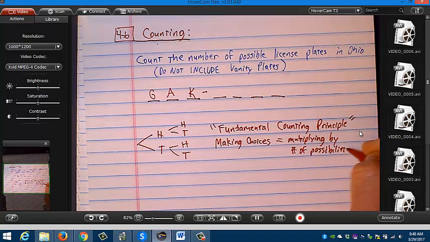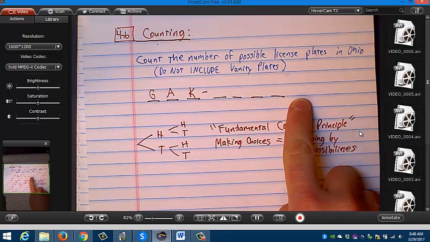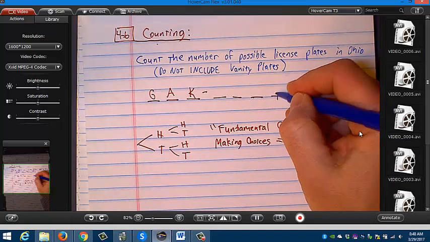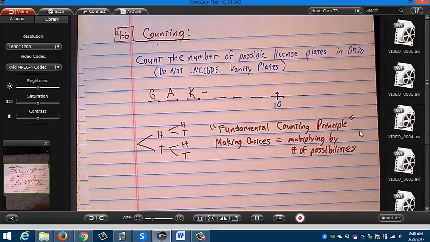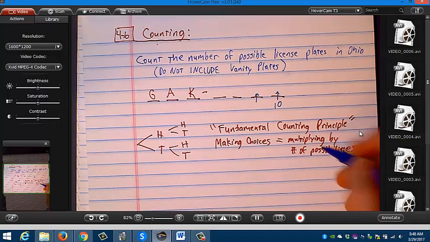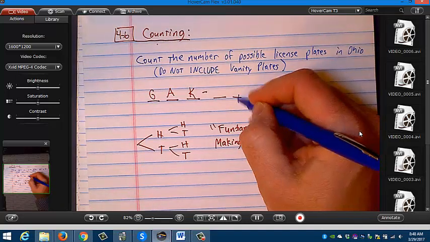As I pick which digits go here, I'm making choices. How many choices are there for the last digit of a license plate? There's 10 different choices, right? You have 0 through 9. How many choices are there for this digit? 10,